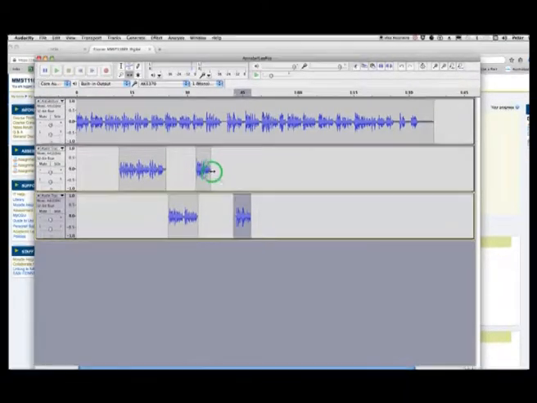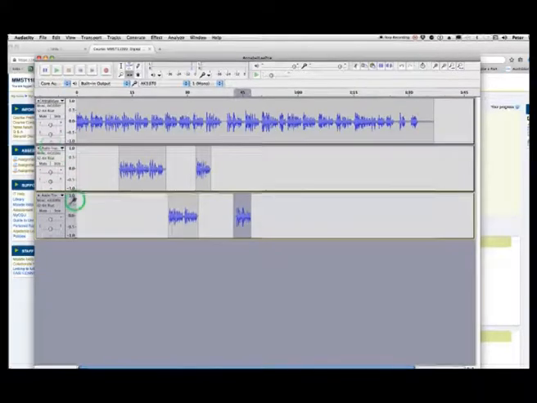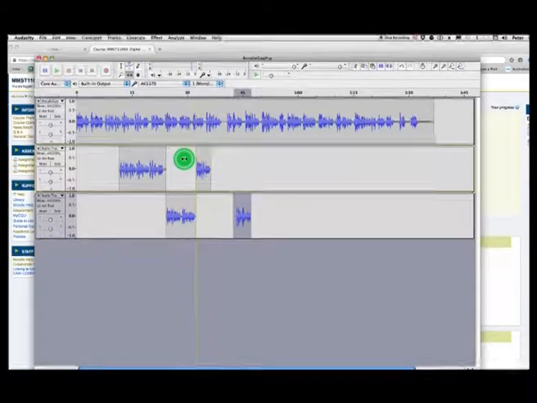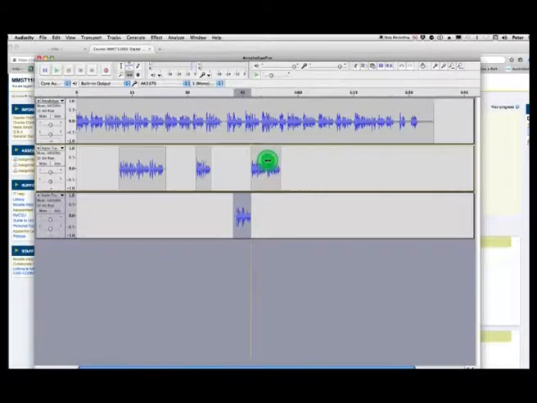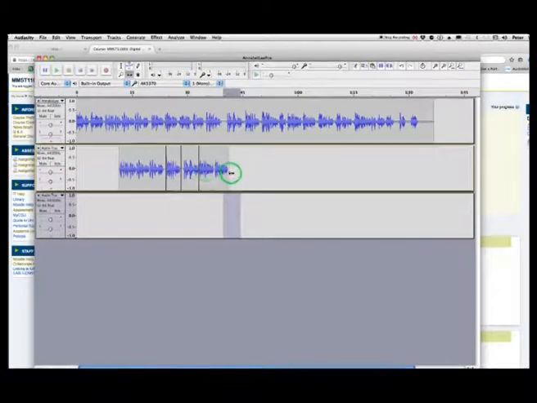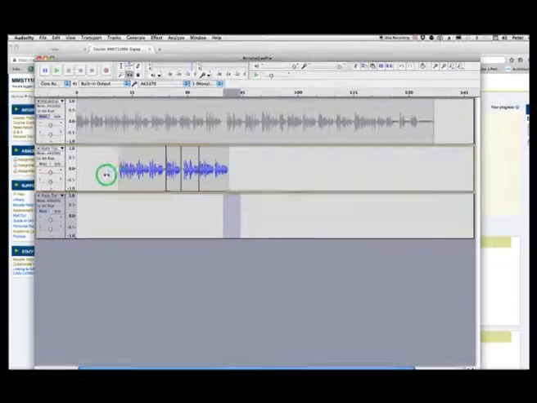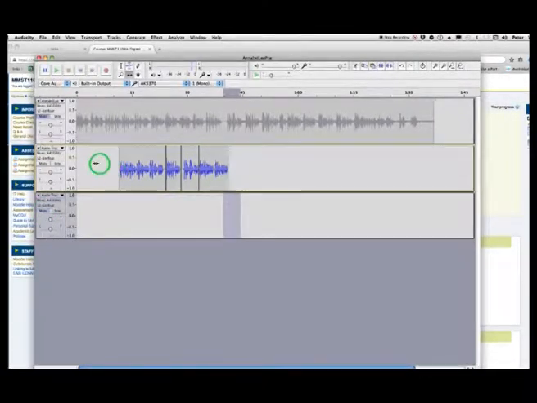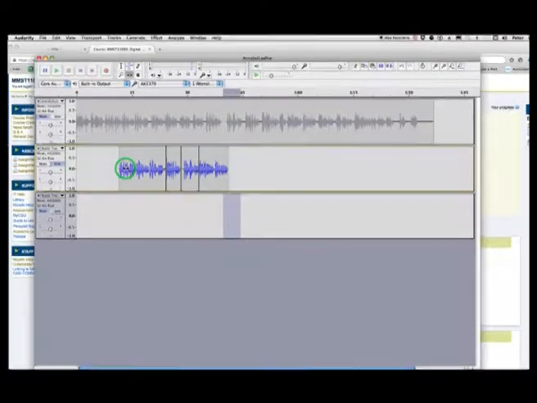Let's say you've made your poem. So that's the one, maybe there wasn't room for it. Got to have room for it to do it. So you might close all these gaps and add silence and do things that you like to it. And let's say that's your poem. I would then mute these fellas so that's the only one that's going to play back. Basically solo it. And that's your track of your poem.